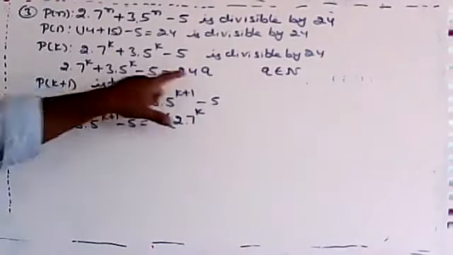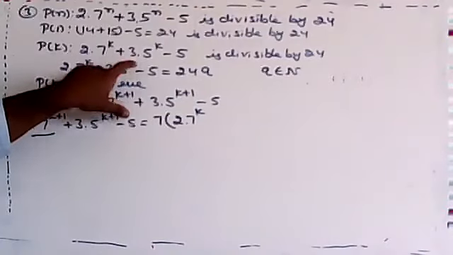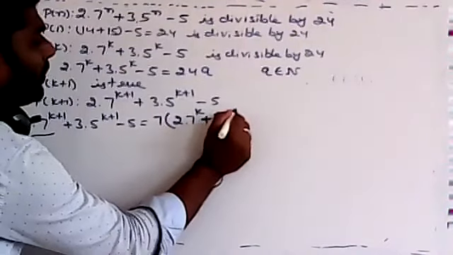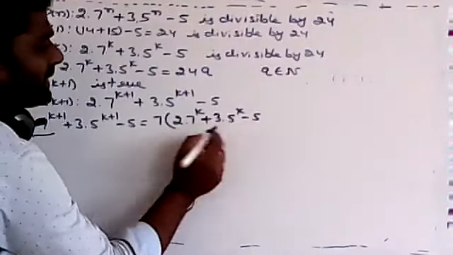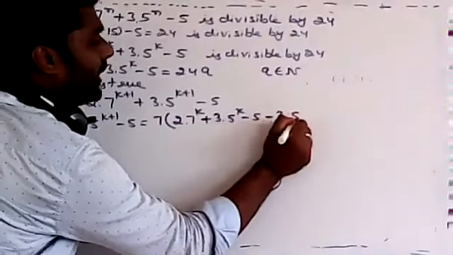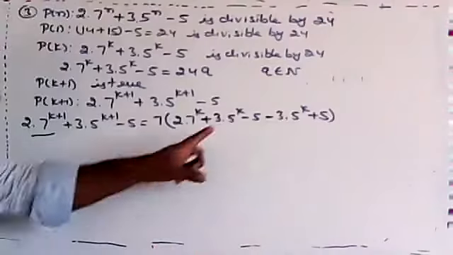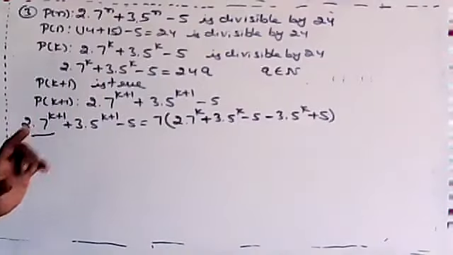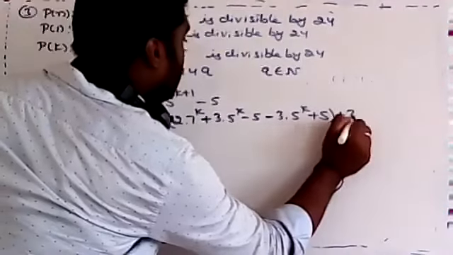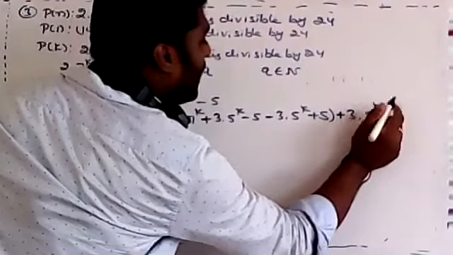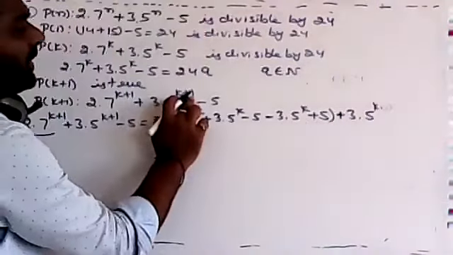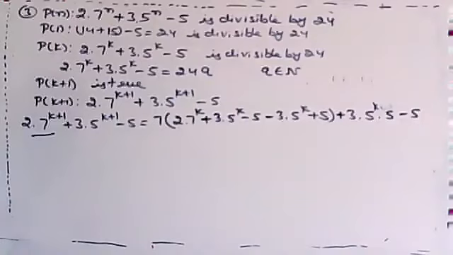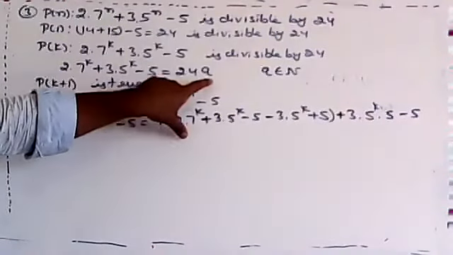To get 24 times of Q, what I want the value? 3 into 5 to the power of K minus 5, no? Just I'm adding and subtracting that one. 3 into 5 to the power of K minus 5 plus and minus. Same you take minus 3 into 5 to the power of K plus 5. If I'll cancel these 4 terms, I'll get same term. Correct or not? If I cancel this one, I'll get the same term. And remaining 2 terms are what? Plus 3 into 5 to the power of K plus 1. Can we write as this one? 5 to the power of K plus 1 as 5 to the power of K into 5 minus 5.